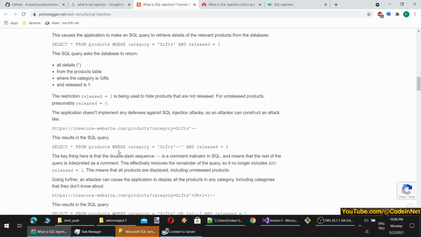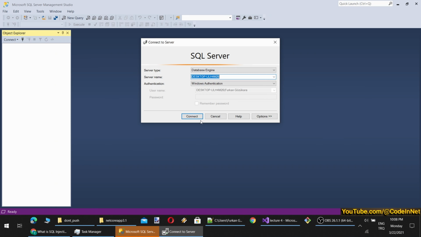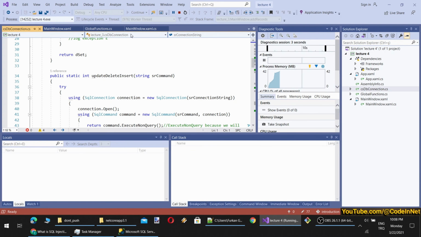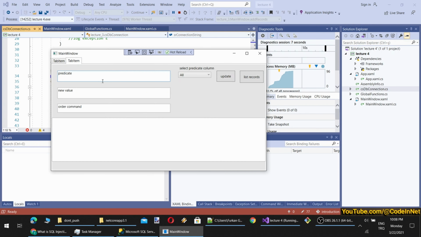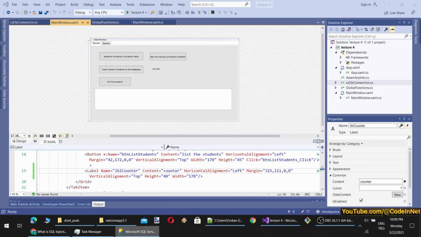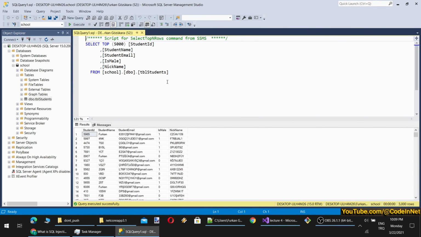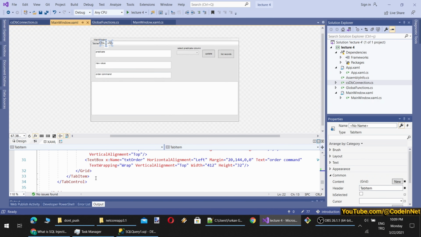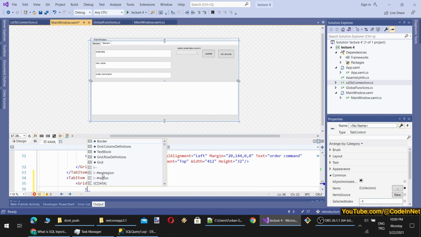Currently, our application is vulnerable to SQL injection attack. You see, we are allowing users to write queries from our interface here. It is extremely bad, of course, but not only that. Normally, you wouldn't allow that, but let's add a simple interface to do something else. So let's open our table. Assume that we are allowing users to search students by name. I will add another tab item to show that screen, which will be SQL injection vulnerable.